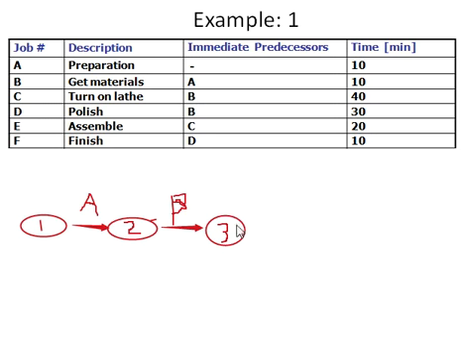Now for activity C to be initiated, we must complete activity B. So activity C will initiate from the end of B. Similarly for D, completion of B is required. So after activity B, we have two activities, one is C and one is D. So we will indicate two activities from this node, one of them is C and one is D.